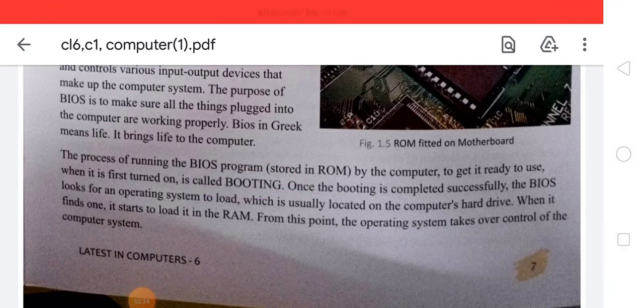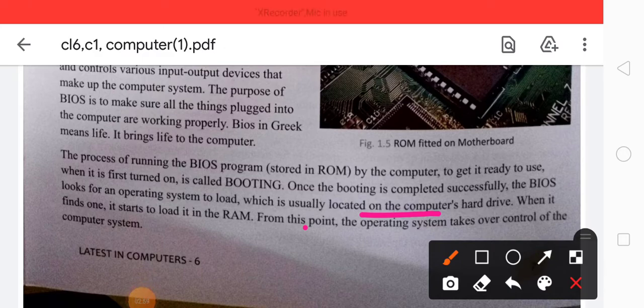Once the booting is completed successfully, the BIOS looks for an operating system to load, which is usually located on the computer's hard drive. When it finds one, it loads it into the RAM. From this point, the operating system takes over control of the computer system.